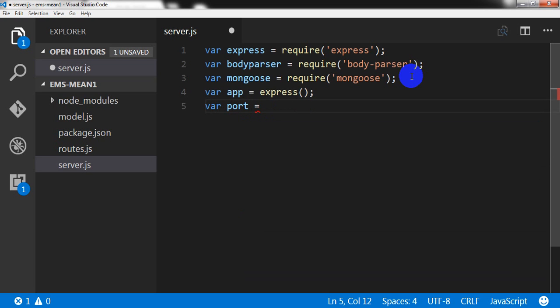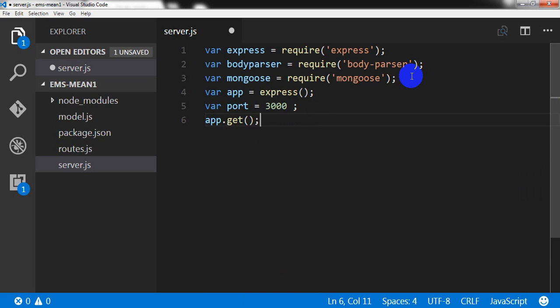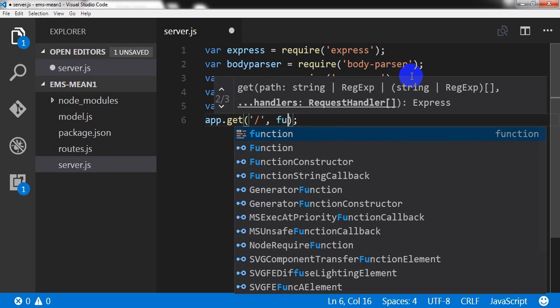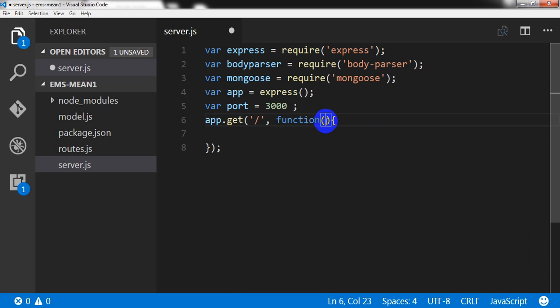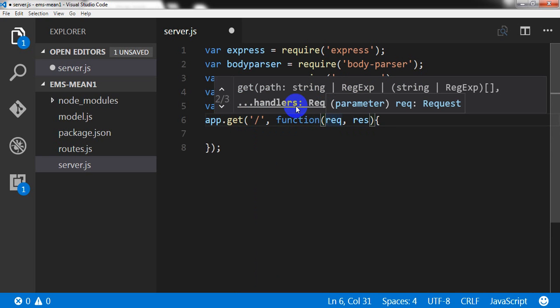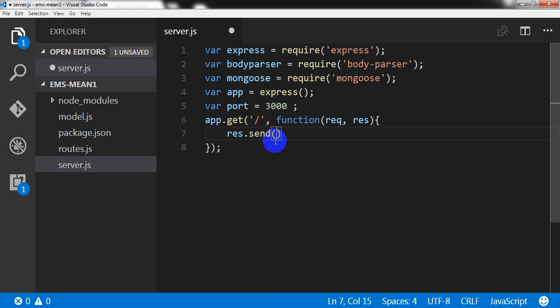I'm creating another variable called port, assigning the port number 3000, and app.get route, and function request response, and then response.send to send the message to the browser, hello from Sikandar,